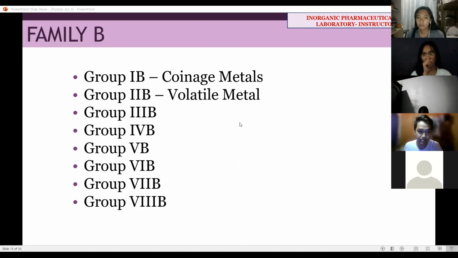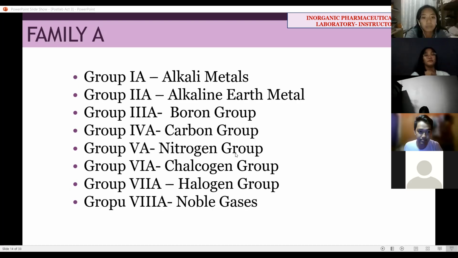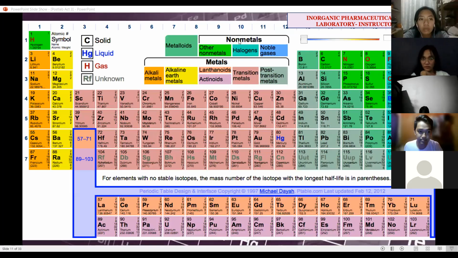Now, for the group B, or the transition metals, they are also grouped by groups 1 to 8, but B ang dugtong sa pangalan nila. Pero we only have group 1B and group 2B na ipangalan nato, balikan nato atong periodic table. Actually, the group B starts here. Dili ni siya nakapasunod. Group B in the periodic table starts here. This is the 1B. This is the 2B here. And diri kabalik sa 3B. Ayan, hangtod sa 8. Okay? So that's how we make the groupings for the family B.